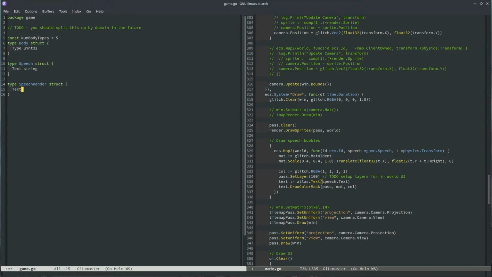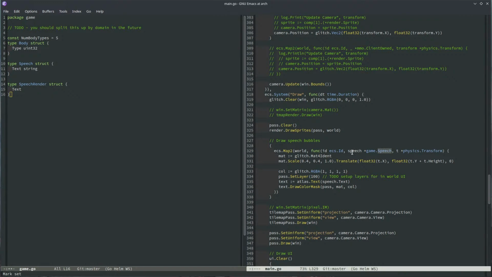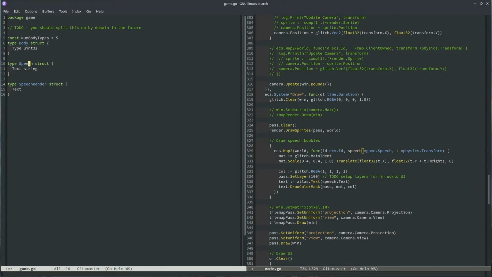And then it kind of acts as an automatic cache, because what's going to happen is you're going to type something in, and it's going to be cached for a while. So once you write a speech bubble,